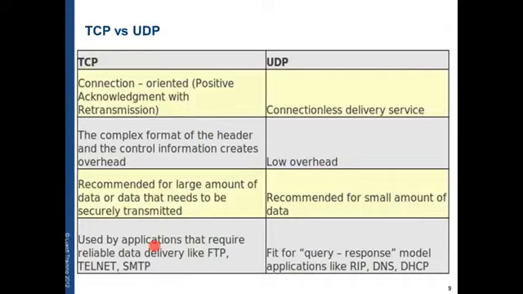One is the synchronize sequence number. The other one is acknowledgement, which is sent by the receiving host. And after these messages are sent and received, the data actually starts being transmitted. When the transmission ends, the TCP packet will have a FIN bit, which will announce the receiver that there are no more packets to come.